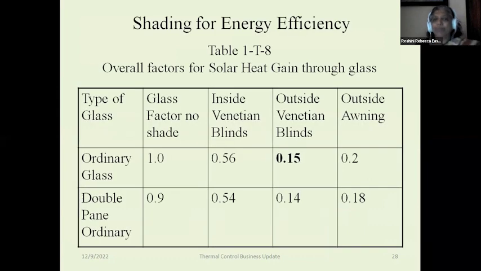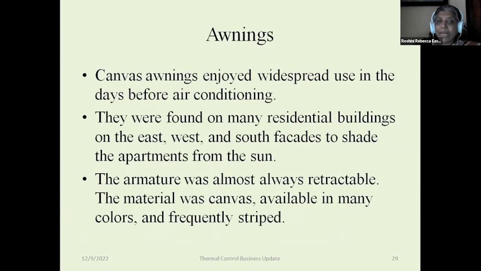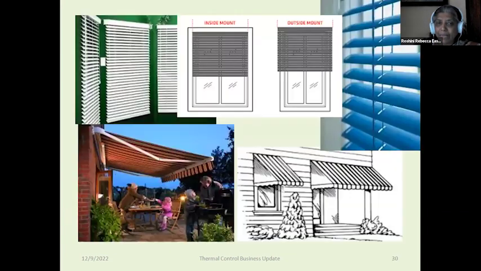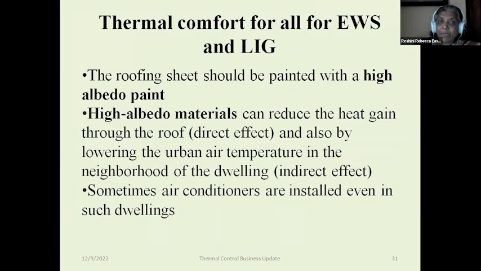Another thing which I want to point out is, if you have a Venetian blind, when we are doing cooling load, you'll find that the factor due to inside Venetian blinds is 0.56, whereas if you put it outside, it's 0.15. But most often we'll put it inside because it's convenient for us. But now with so much of automation and all that, we can surely have something on the outside which is moving so that the heat input to the room is reduced. Again, the use of awnings, which could shade the window. So what I'm talking about is just very ground level, what is actually happening on the ground level.